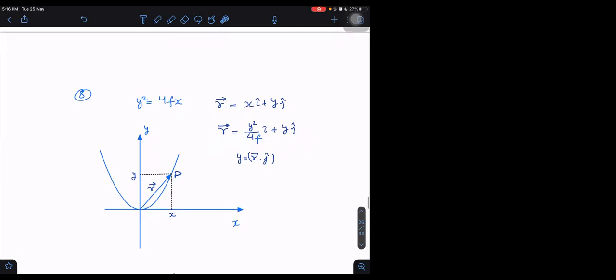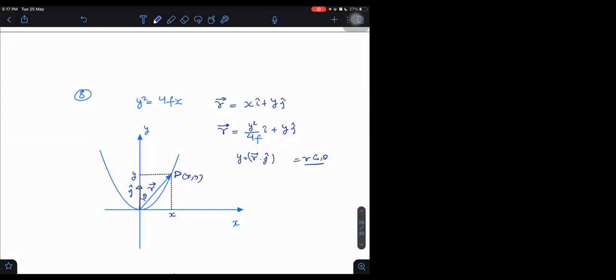Okay, what is y, by the way? Here y is nothing but, if I take its y coordinate, what will the y coordinate be? The y coordinate will be r dot j. Is it right or not? If I take r and take the component of r along j cap, then what will that give me? If the angle is theta, I think you know this will be nothing but r cos theta, and r cos theta will be nothing but this y only, the y coordinate only. It has coordinates x comma y.